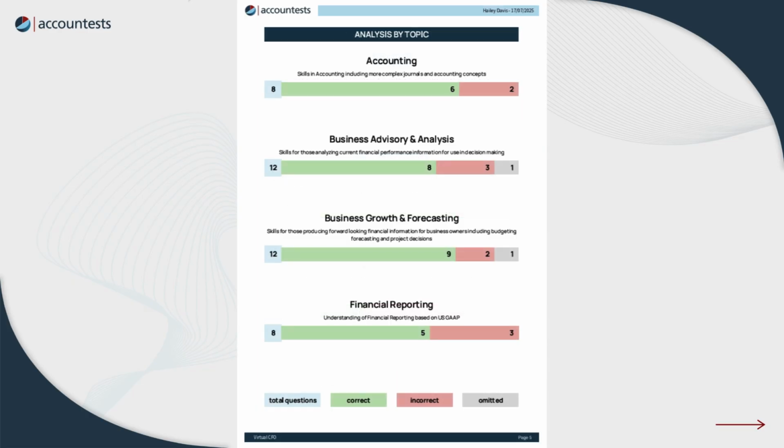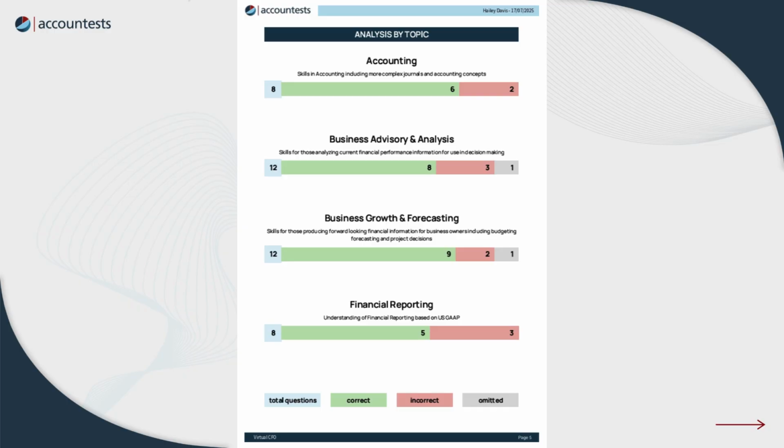After this, we analyse by topic. We go through the different topics covered by the test, and you can see where the candidate's strengths and weaknesses are. This might be useful if some of the topics are more or less important for success in the role. Also, they might highlight some specific training requirements or where you might need to initially have more oversight over the output of the candidate. Here we're looking at accounting, so that's making sure that the candidate has strong skills in